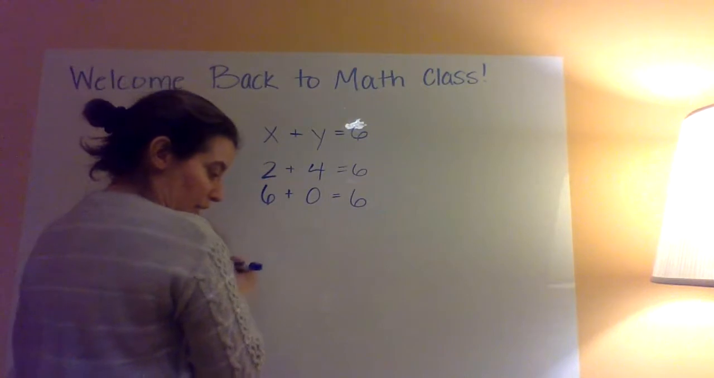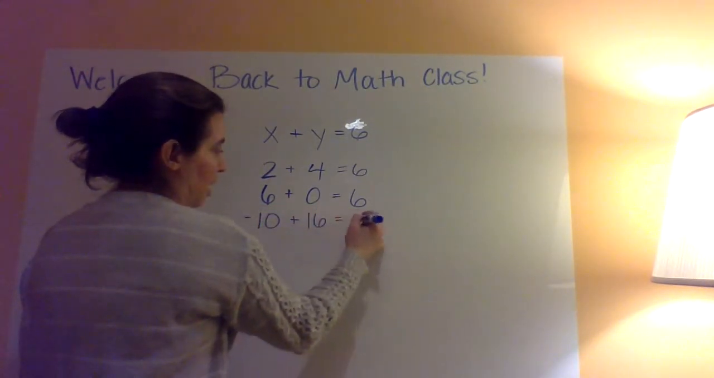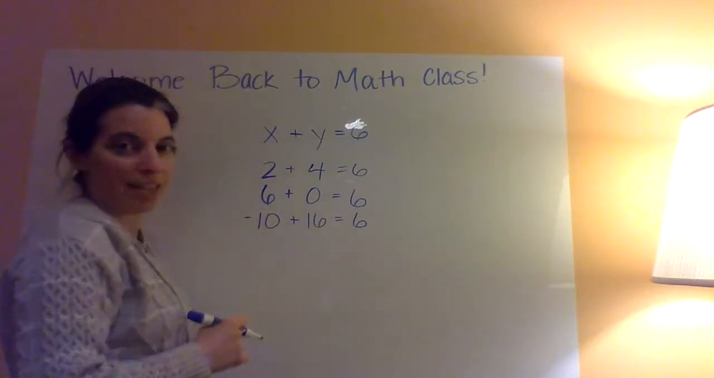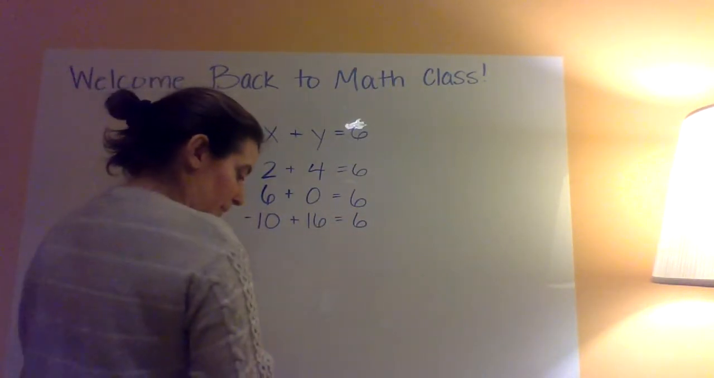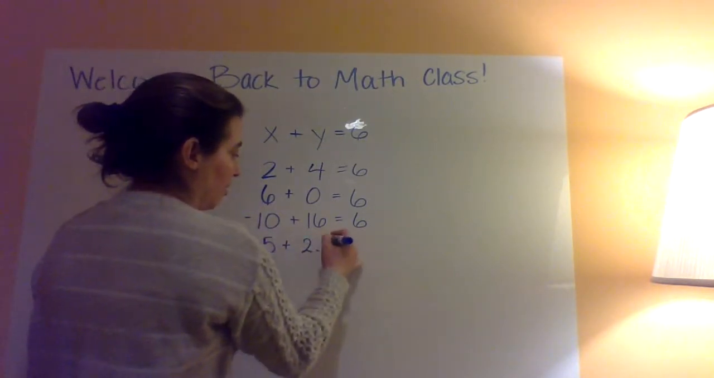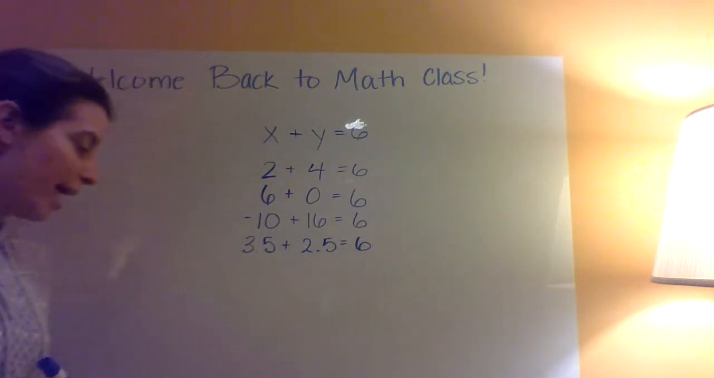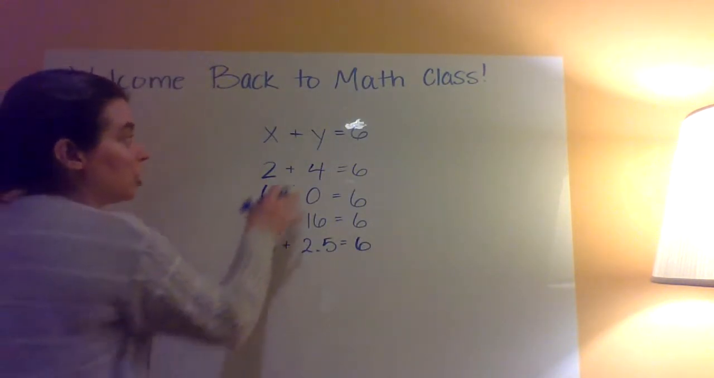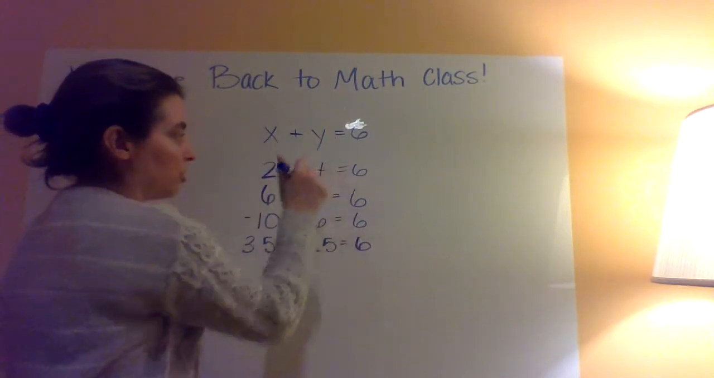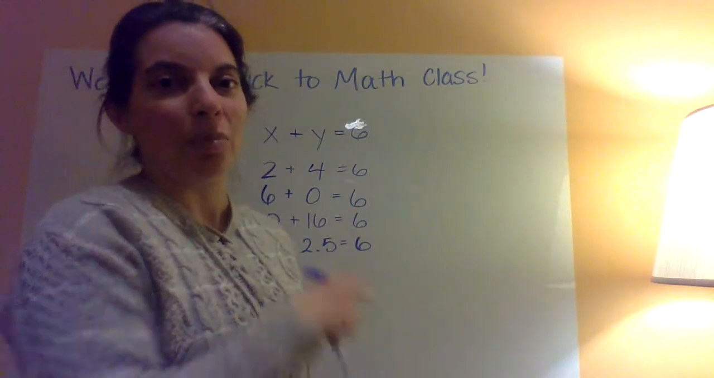add up to 6. We could have negative 10. If I have negative 10, I would need to have 16 added to that to be 6. And if x were 3.5, then I would have to have 2.5 in order to be 6. So any of these is a solution to this equation. We don't have just one solution. We can't just say x has to be this and y has to be this, because there are lots of